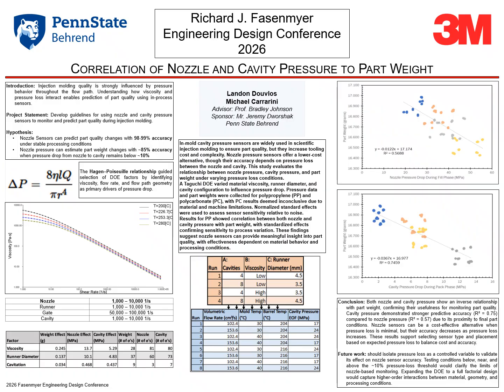Outside of that, injection molding quality is strongly influenced by pressure behavior throughout the flow path. Understanding how viscosity and pressure loss interact enables prediction of part quality using in-process sensors. So we hypothesized that nozzle sensors can predict part quality changes within 99% accuracy as long as the pressure drop remains below 10%. We got to this conclusion by using the Hagen-Poiseuille equation, which can be seen on the left,